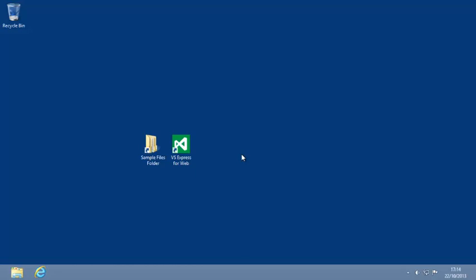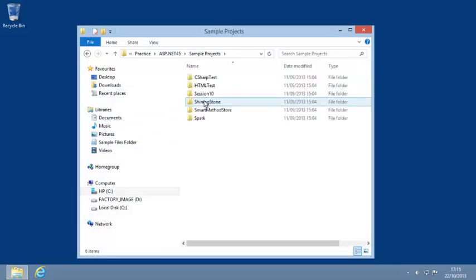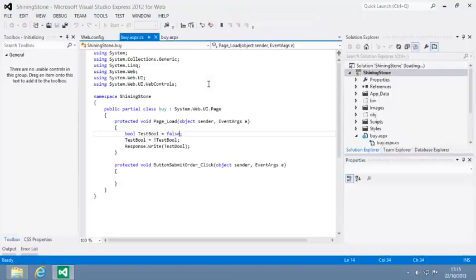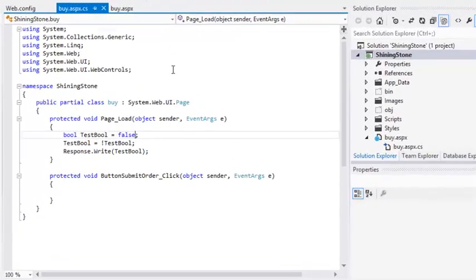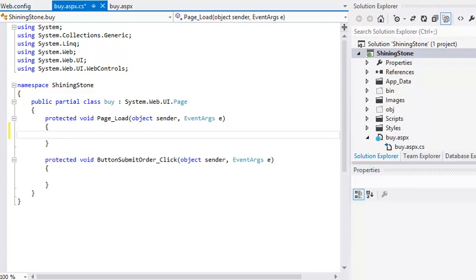To begin, open the Shining Stone sample file from your Sample Files folder, and open the code behind file of by.aspx if it isn't open already. Now remove any code from the page load event handler and create a DateTime variable with the following code: